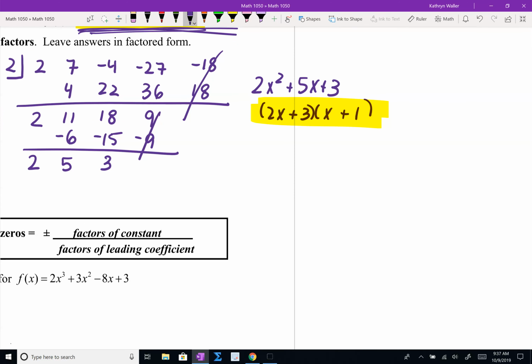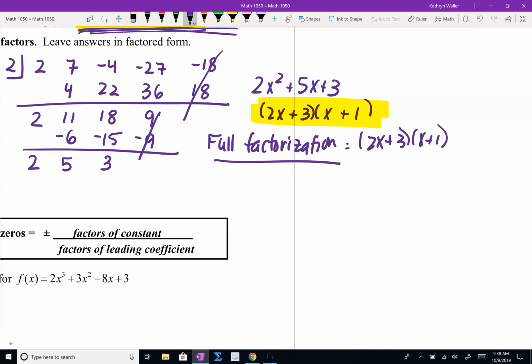Now, we're not going to be done with this yet. Write down full factorization. So the full factorization would be the 2x plus 3 and the x plus 1. And what would go with it, everybody? The x minus 2 and the x plus 3. Okay? If they said find all zeros,